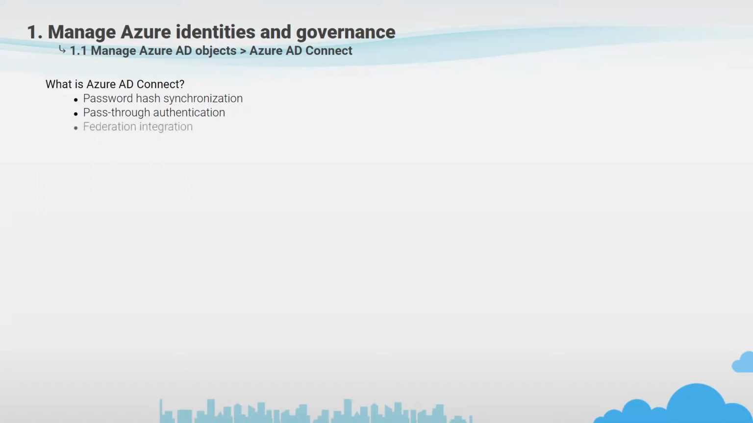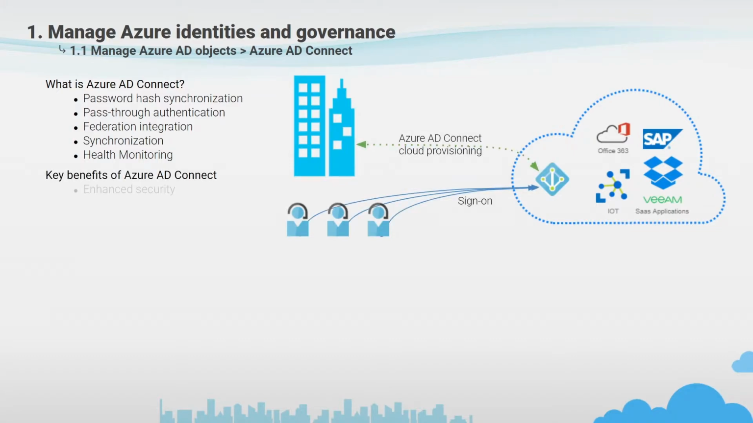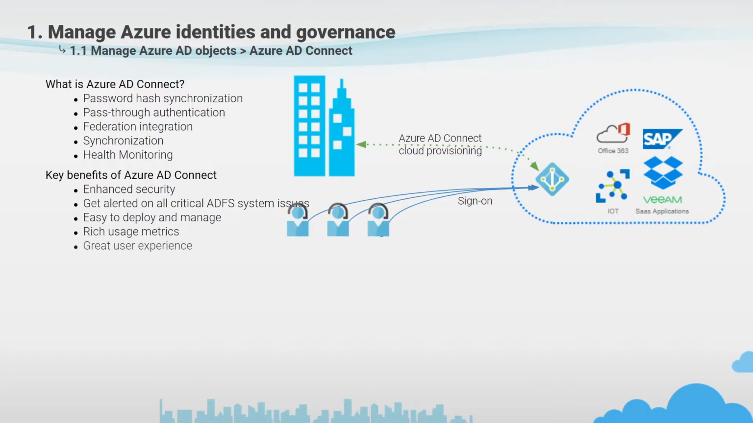in the cloud, federation integration used to configure a hybrid environment using an on-premise Active Directory Federation Services infrastructure, synchronization when new users, groups, and other objects are created, and health monitoring will report to you in case some objects are not synchronized. There are also several benefits of Azure AD Connect that will offer you great experience and flexibility, like enhanced security, get alerted on all critical ADFS system issues, easy to deploy and manage, rich usage metrics, and great user